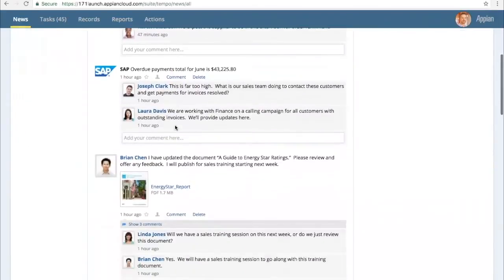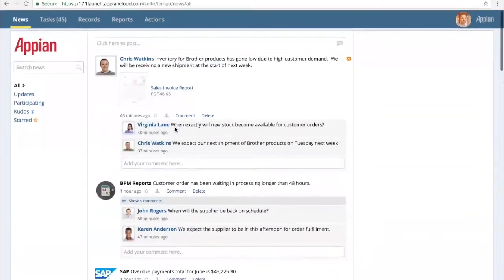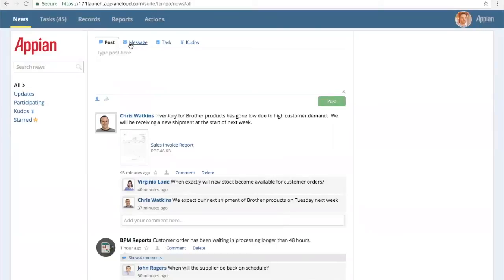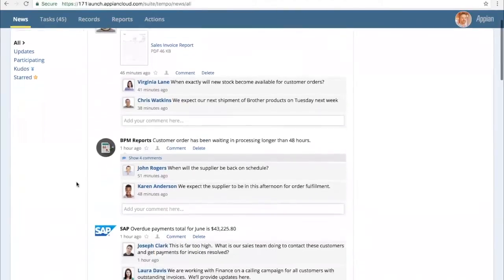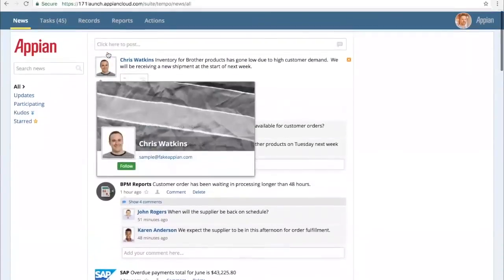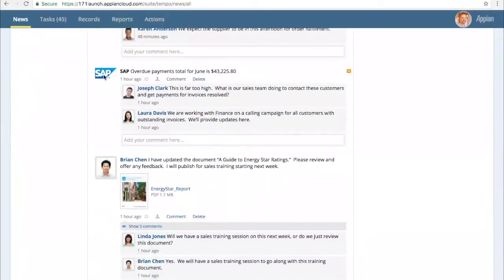It's driven first by this activity stream where I can not only monitor what's going on, but also collaborate and share information. So if there's some new documentation, messages, tasks, or I want to congratulate other users in their work, I can, in a quick snapshot, see exactly what's going on, ask questions, and interact with my business. Now, these Tempo posts can come from end users or even systems. So I can monitor things like SAP and Salesforce for key business events, and then collaborate on those business events inside my collaboration area.